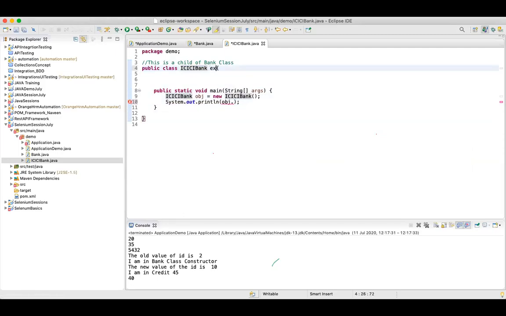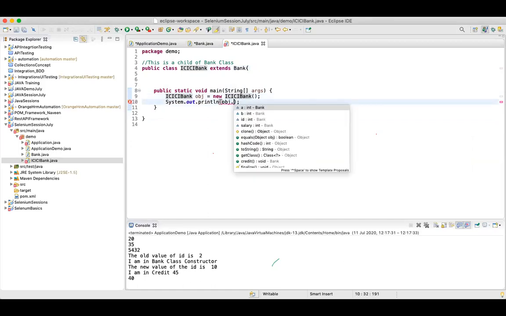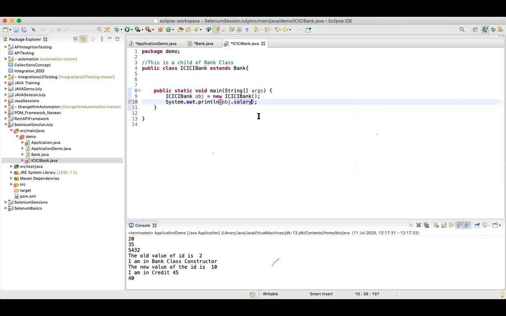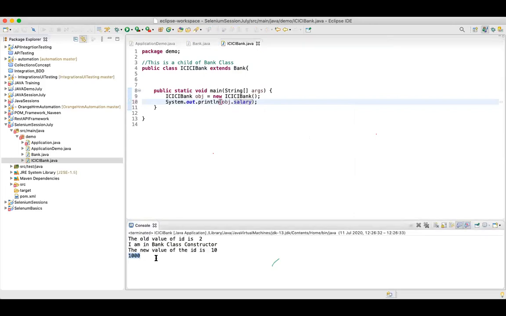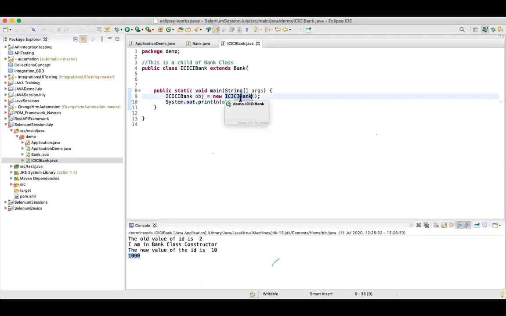But when I say extends bank, and now when I say obj dot, it is giving you all the variables and methods which are present in my bank class. So I can say salary, and when I run this, it's printing 1000.